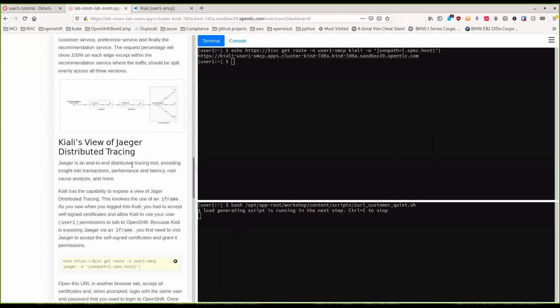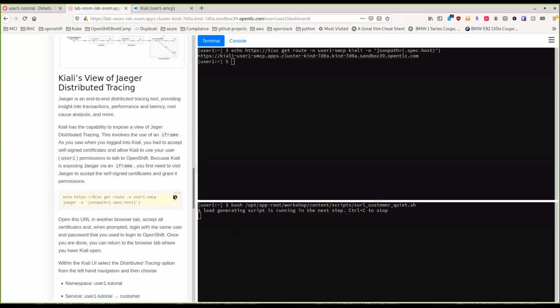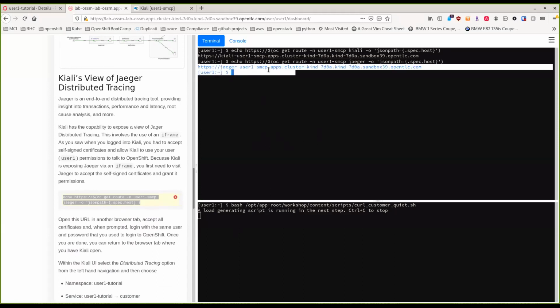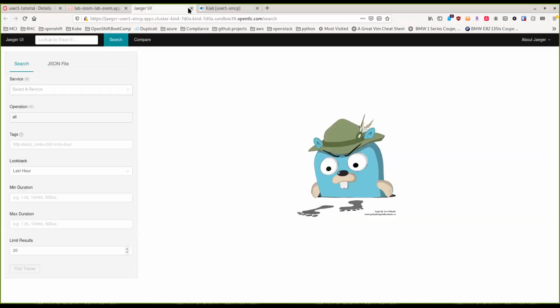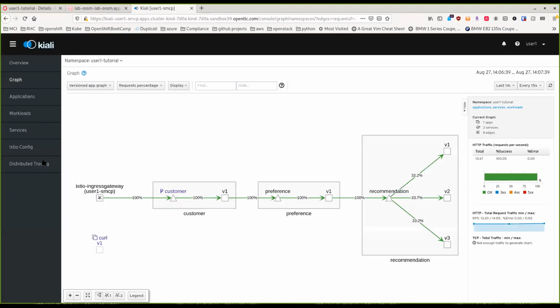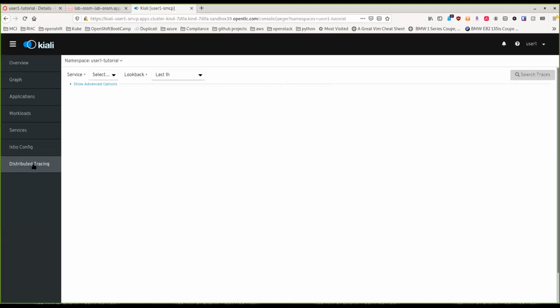So we've taken a look at that. All right, so what we're going to do now is hop in and take a quick look at Jaeger, which is the distributed tracing. We're logged in here, so we're good. We're going to do that by popping over onto the distributed tracing section of